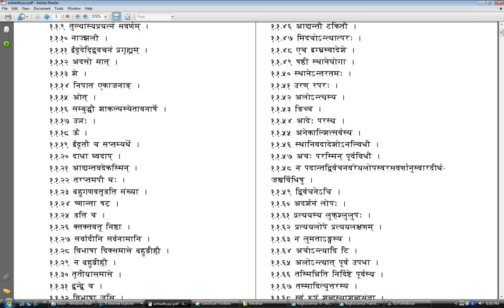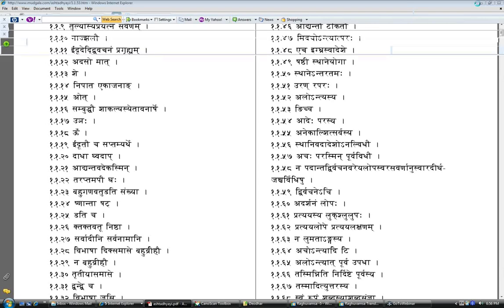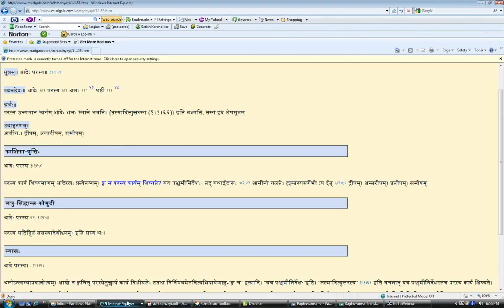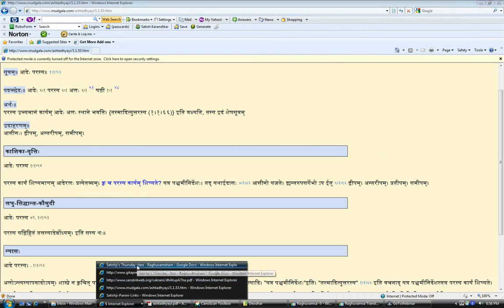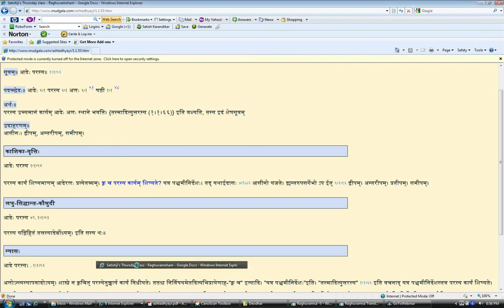Now in our case, "adeḥ parasya" was coming for us, because we had the "acaḥ" as a panchami nirdesha and ajantad upasarga. Let me put this number here, 1152 to 55, and 54 was coming for us. Let me go back to the document. So always keep these four sutras in mind.